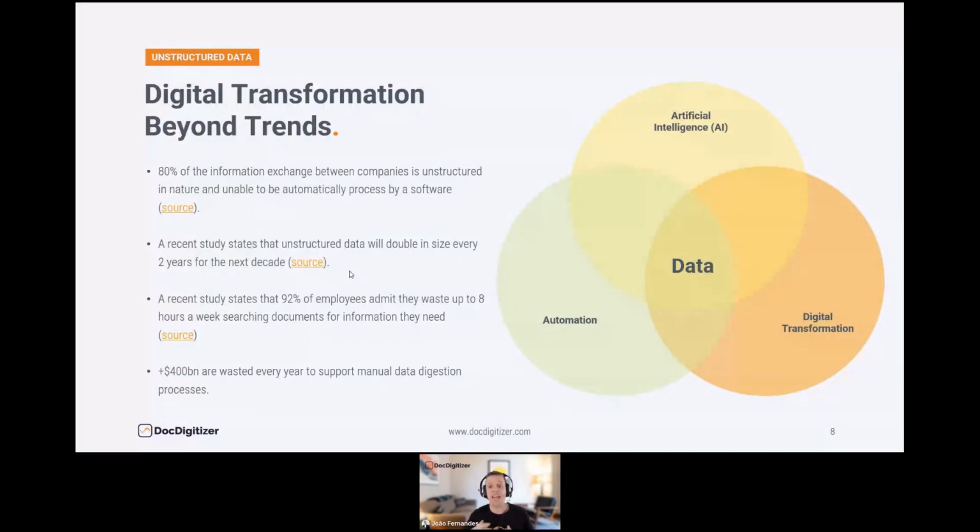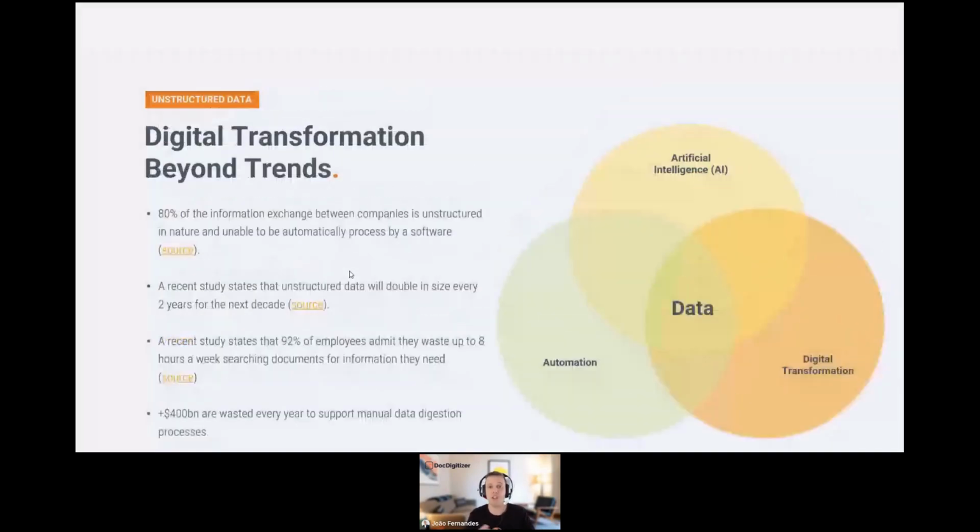And still 80% of the information that is exchanged between the customers and the banks is unstructured information in the form of documents. This number is estimated to grow and double in size every 2 years over the next decade. So a lot of the information required by the bank is received in an unstructured format.